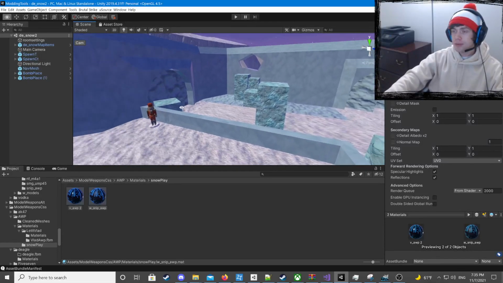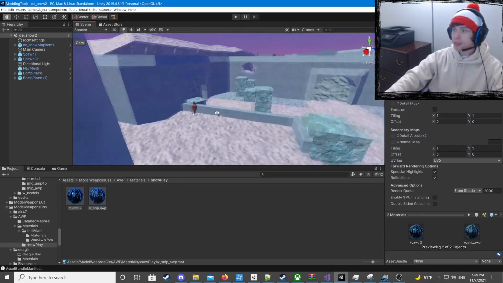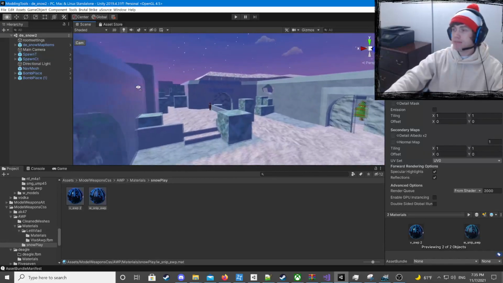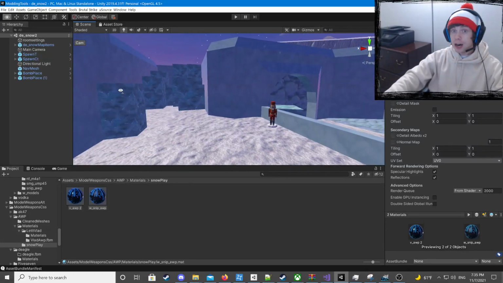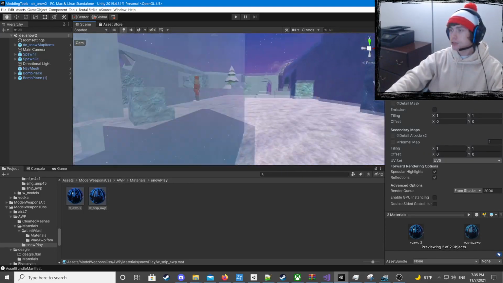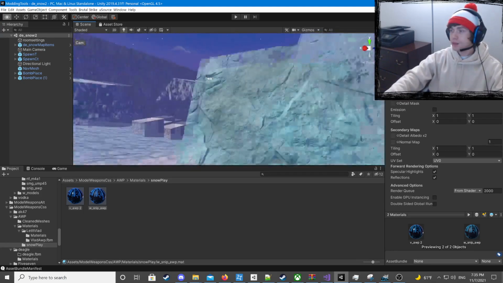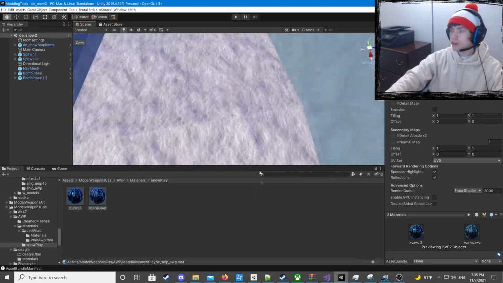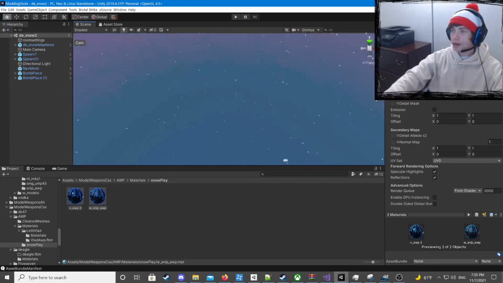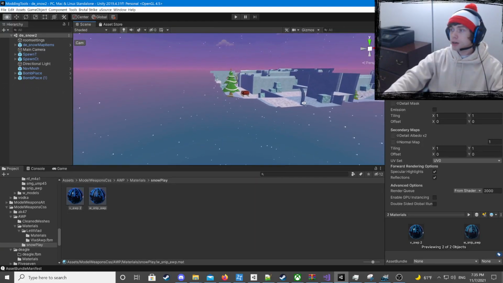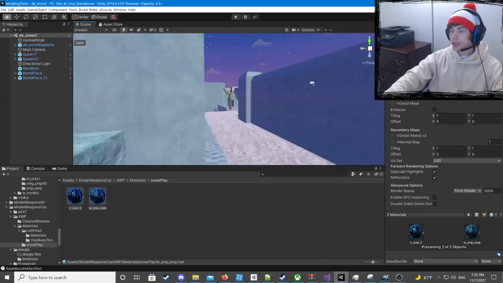Hey guys, I made a map. Actually, I just changed the map. I created a Dust 2, almost the same way as it would be in CS:GO, even with the car over here. You see, like boxes. It's very similar, and it looks good here, but in the game it doesn't look that